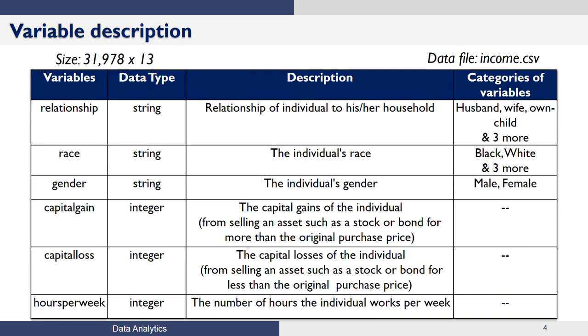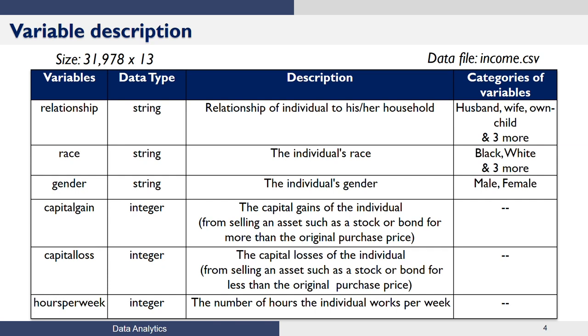So, moving on, there is a variable called relationship, which tells you the relationship of an individual to his or her household. So, this could have values such as husband, wife, and so on. The race of the individual, black, white, and 3 more. Gender of the individual, male, female, and then there are other